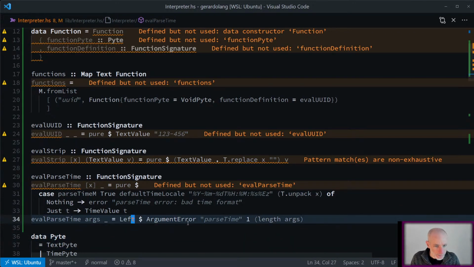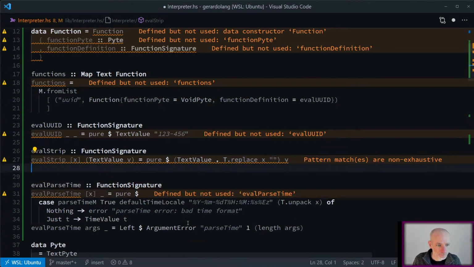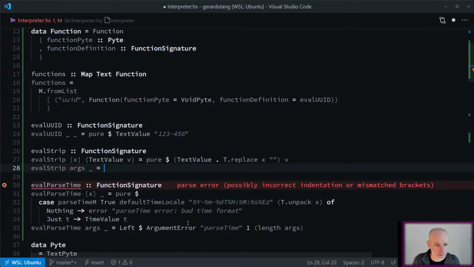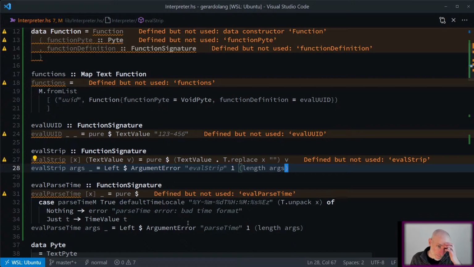Okay. And then we do a similar thing here. So eval strip of args and nothing is left, argument error, eval strip, expected 1 got length of args. Okay,